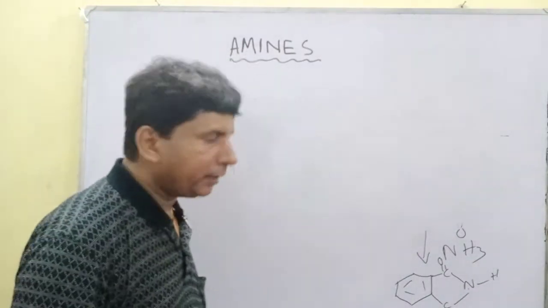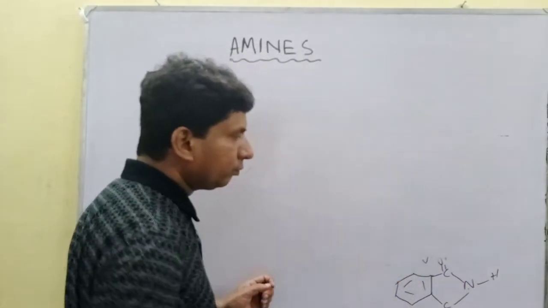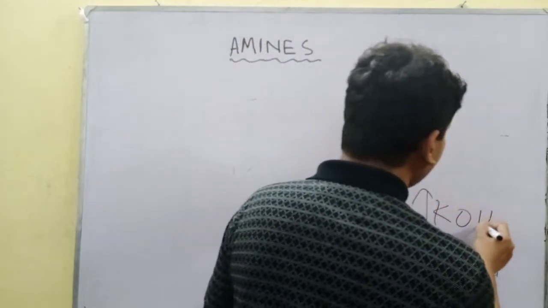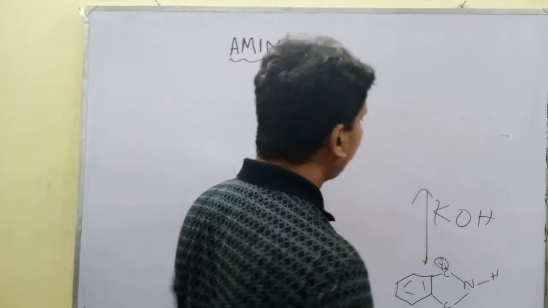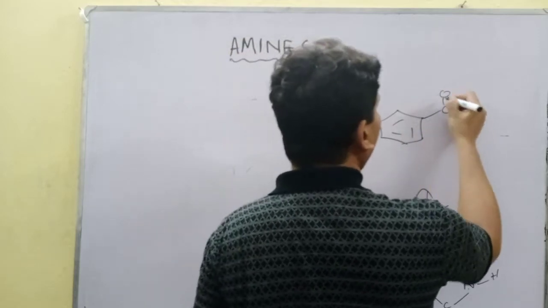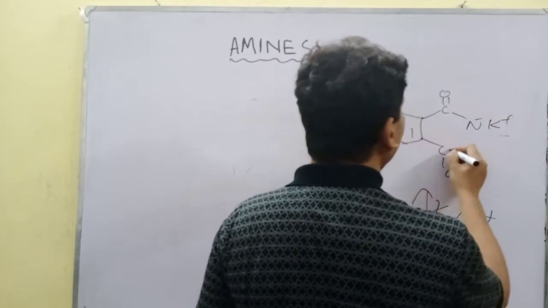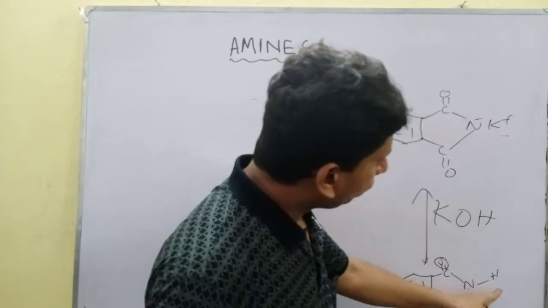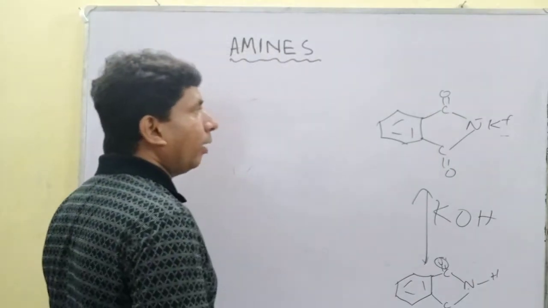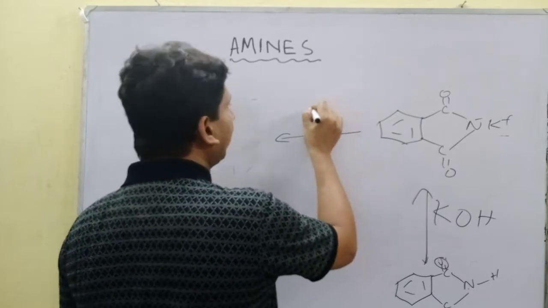if we use potassium hydroxide, then what happens? Water will be removed. N minus K plus. This OH minus will take this hydrogen, then we will get the imide ion. Now if we use any alkyl halide